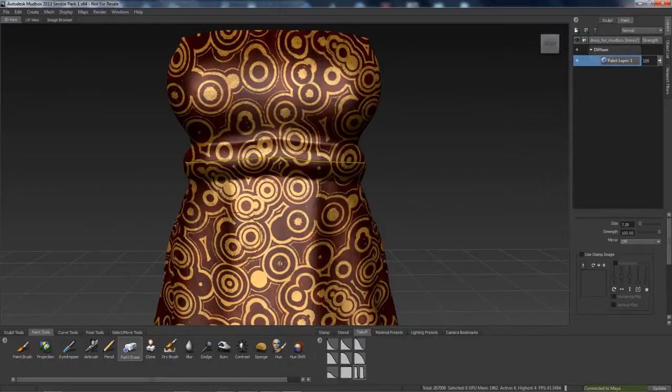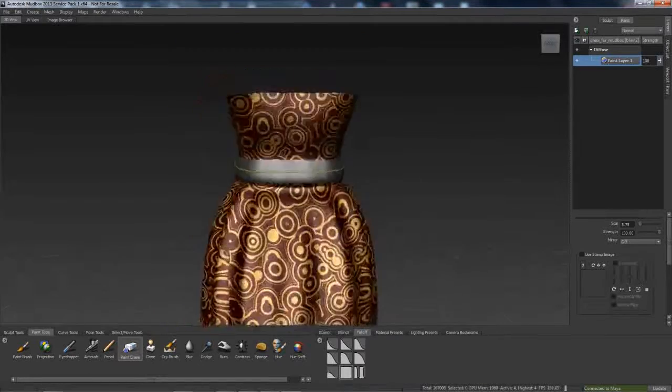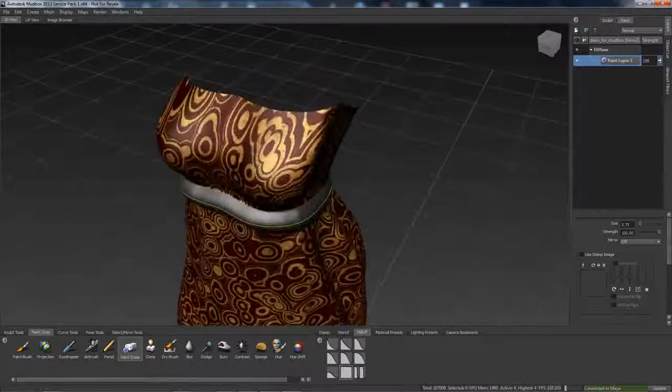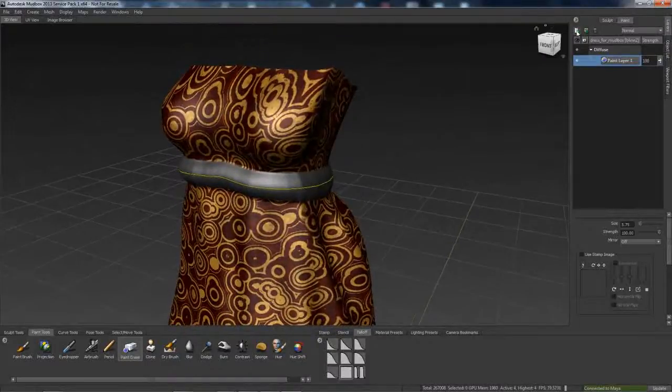We're going to erase the paint in the areas where we painted. I'm going to scale down my brush to the width of that waistband, select a profile that's a solid profile, and hit Stroke on Curve. You can see how it erases everything all the way around. So that is done on the original paint layer, and what I'm going to do is create